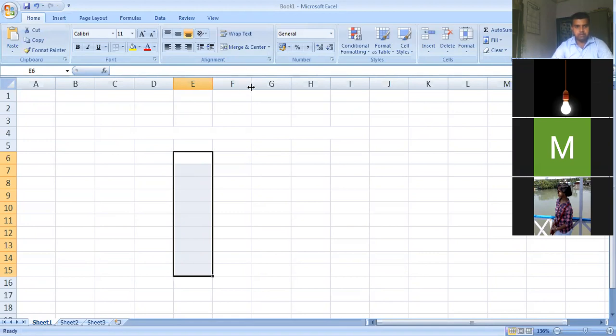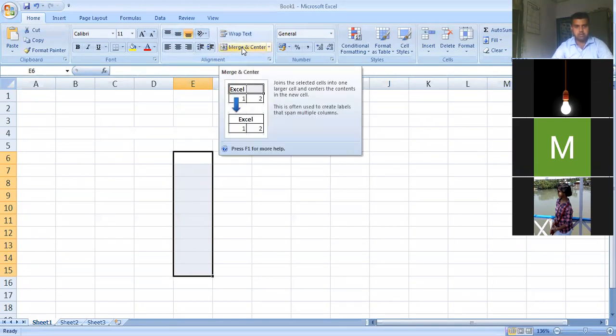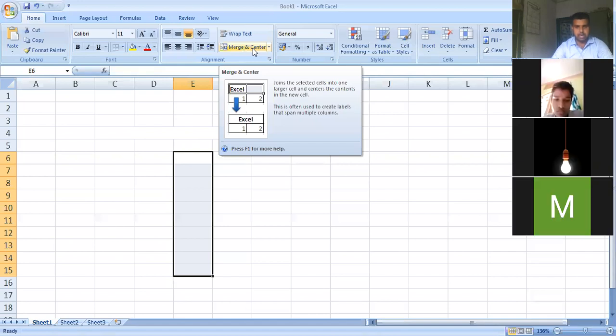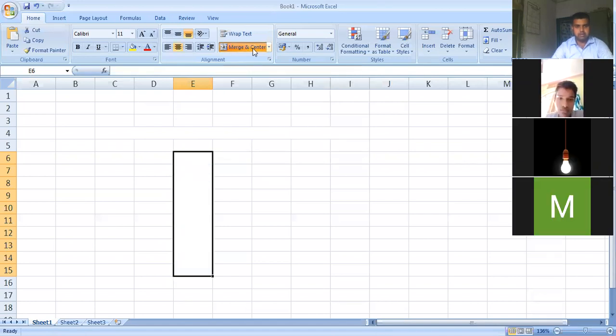Again we will take the cursor into the alignment button, and there you will get to see Merge and Center. We will click the Merge and Center button from the alignment tab. Once we click it, you can see that there is no cell partition.